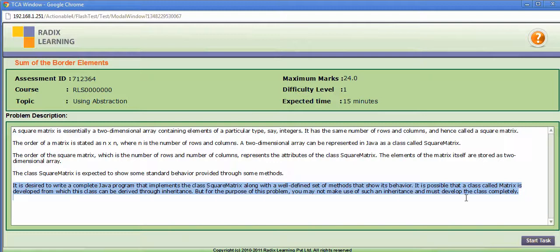It is possible that a class matrix is developed from which this class can be derived through inheritance. But for the purpose of this problem, you may not make use of such an inheritance and must develop the class completely. Now let us click on the Start button.